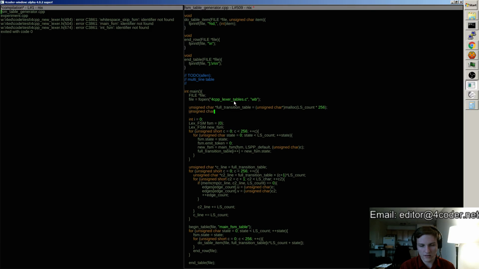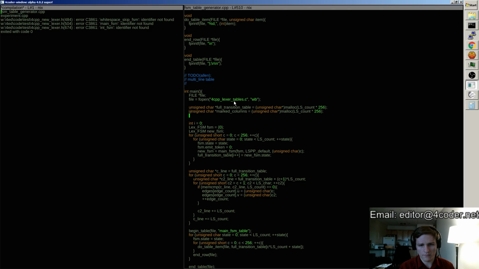Instead, we're going to do unsigned char marked columns equals unsigned char star malloc ls count 256. And what we'll do is we'll just say memset that to, or marks is what we'll call it. Memset that to 0. Right, so then once I have visited somebody, I'll set theirs to 1, and that means I will skip them